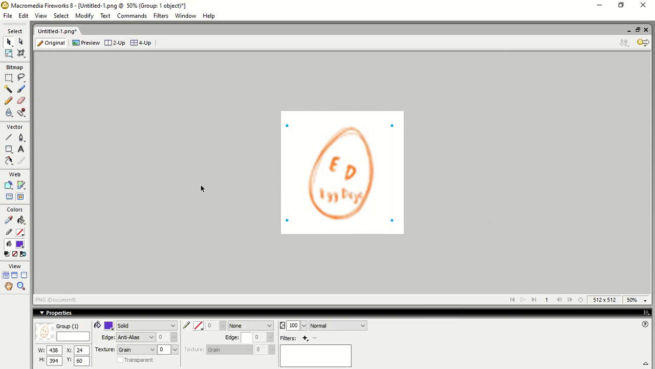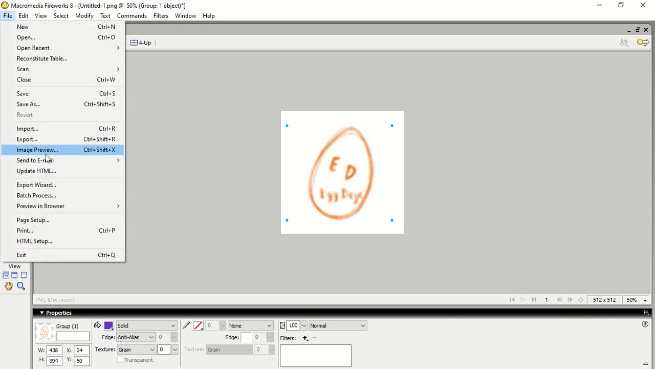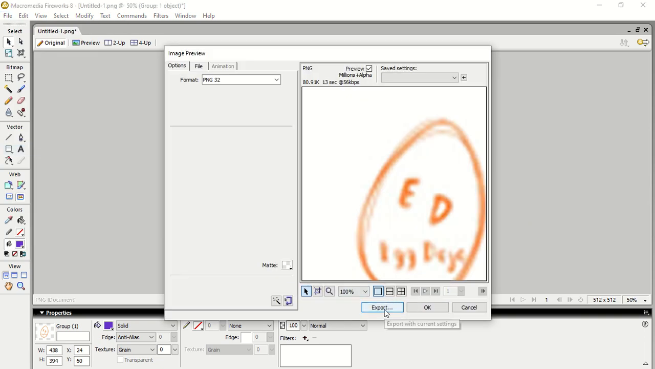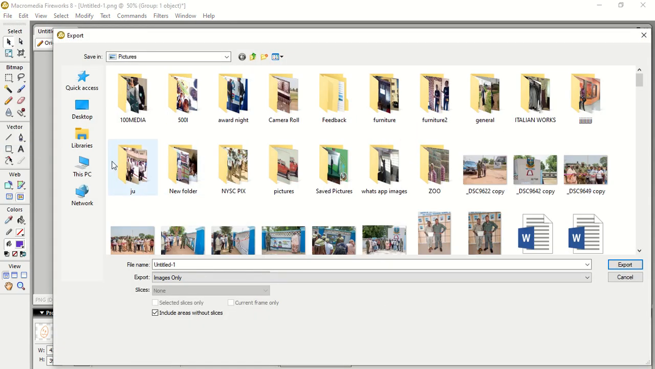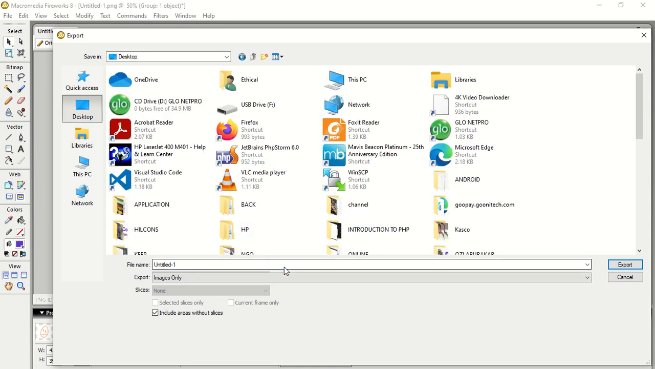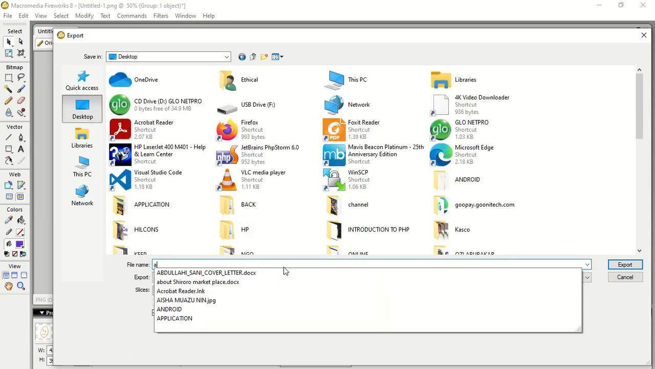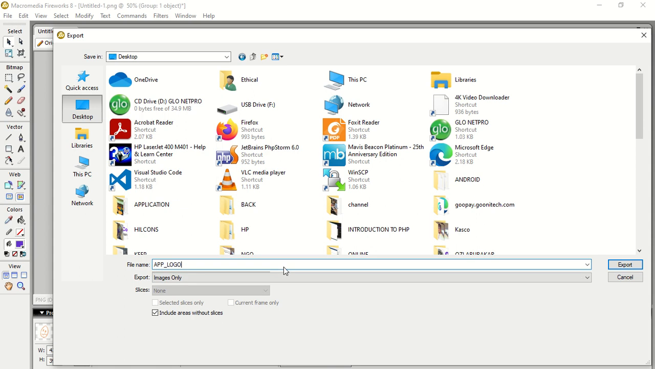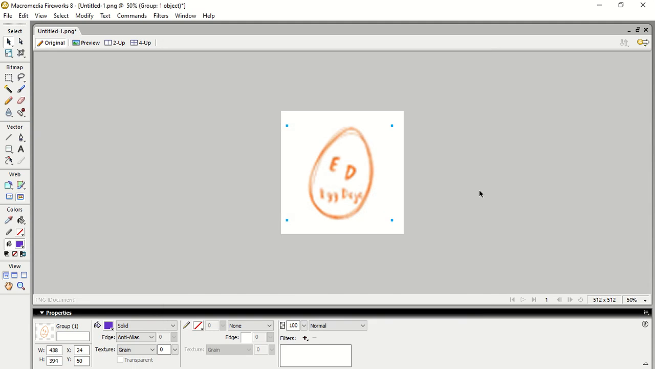Now we need to export this from Fireworks to the desktop. So just click on file, then go to image preview, then click on export. Of course we're going to leave it on desktop, so I'll navigate to desktop, then I'll give it a name, app underscore logo. I'll save it on my desktop. I'll just click on export. So let's go back to